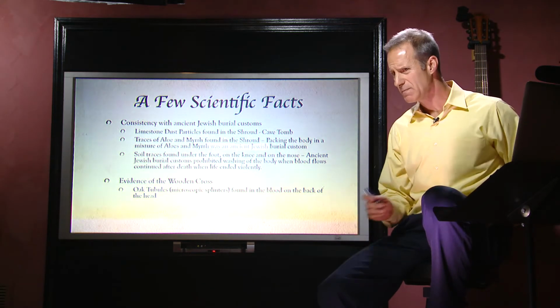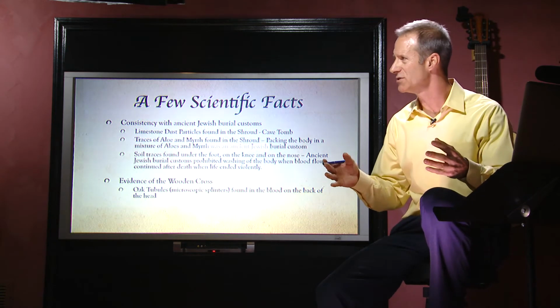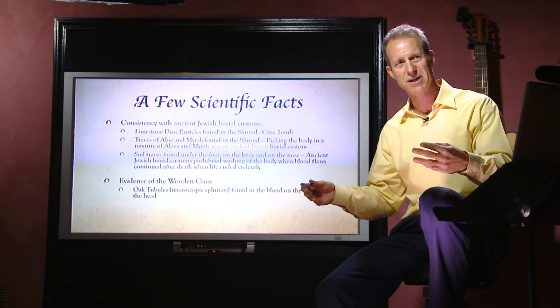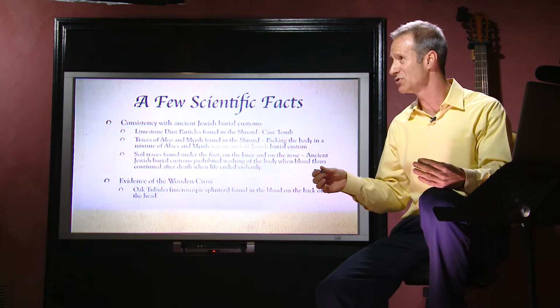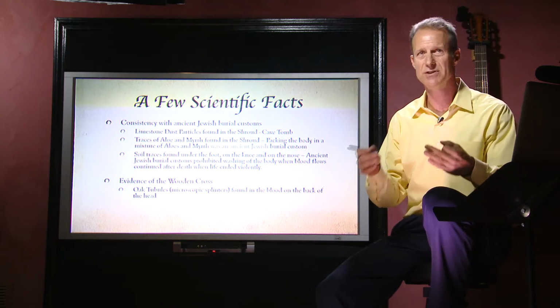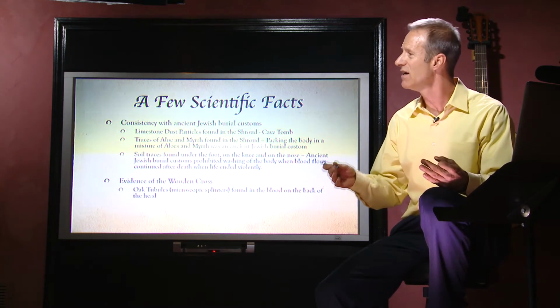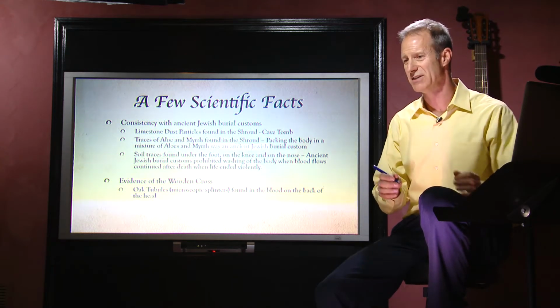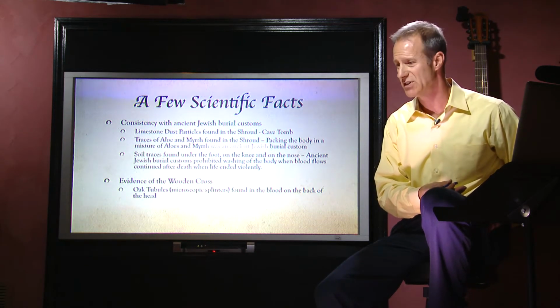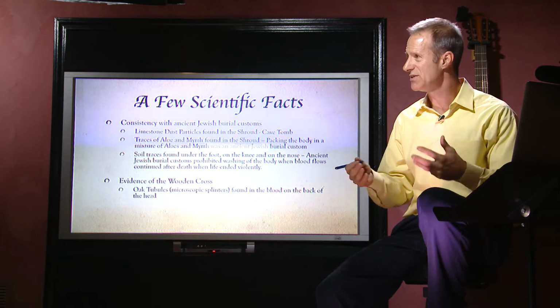Now, I want to go over, there's so much that we could talk about and so many scientific facts. You really get sucked in if you start studying the Shroud because there's so much information out there. Because all of this information, the hundreds of thousands of hours of studies, have been published, and you can find so much information. But I've put a few scientific facts up here that speak of the authenticity of where